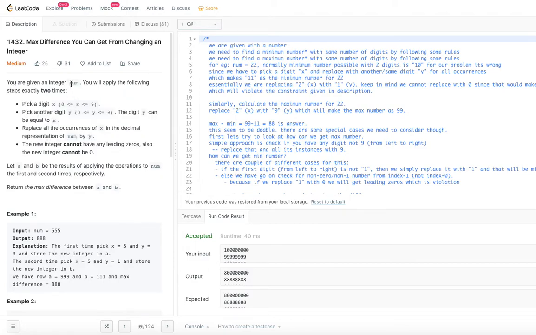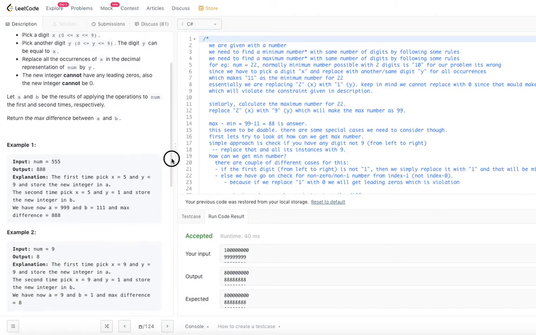First time applying, let's say the result is a, second time applying, the result is b. Now we have to return the max difference between a and b. That is the question. This question is very much ambiguous, so let's try to understand by looking at some examples.